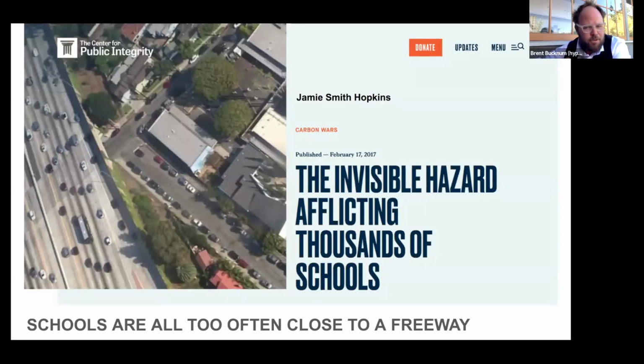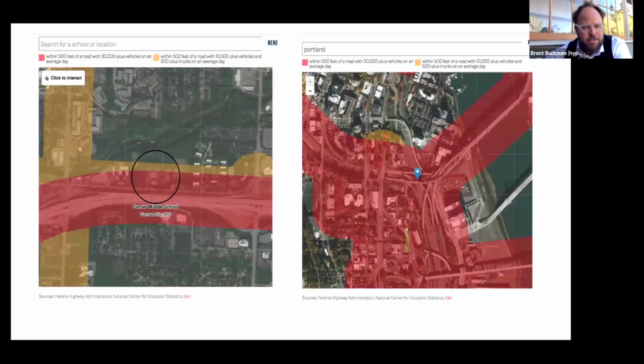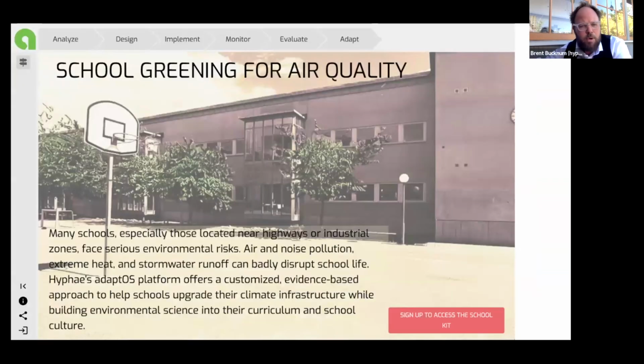So getting to the school finale here, why some of this can be useful. I was inspired in 2017 by this Jamie Hopkins article around school proximity to roadways. I'm not sure if they got some of the 17,000 near-road schools from Rich or vice versa. But what we found is these types of tools are really important because we have schools coming to us all over saying, do I need to be concerned about this pollution? And in some cases, you need to do more complex measurement or modeling, but in some cases, you can